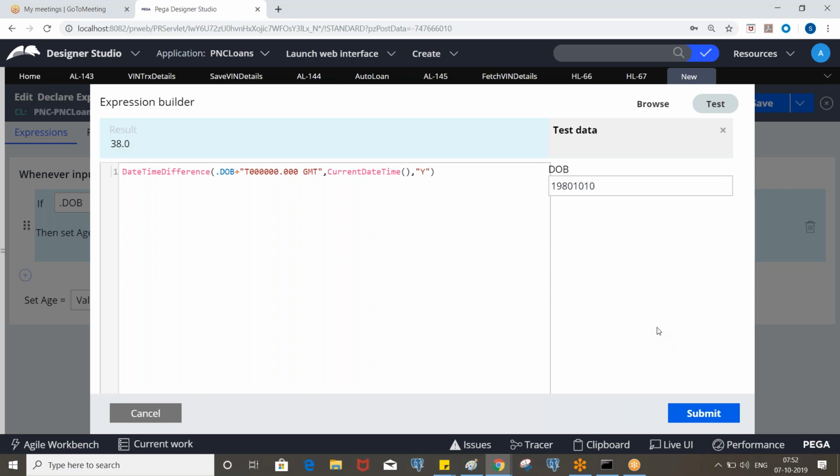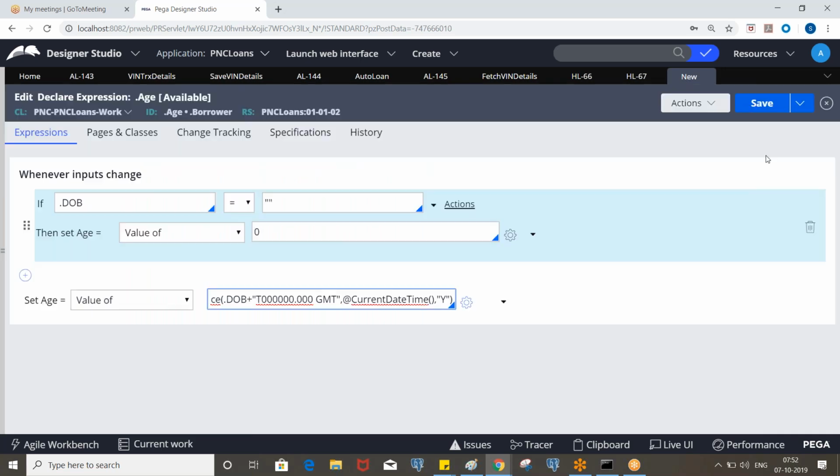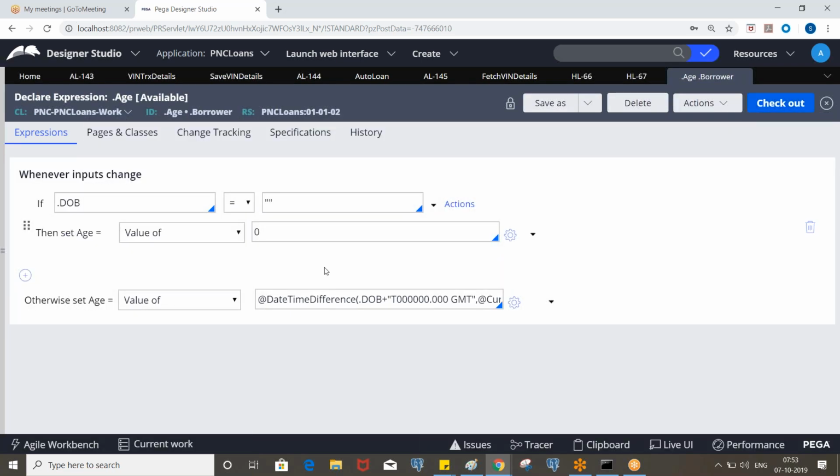Okay, and also we use the current date stamp function in the work object suffix. Okay, by looking at the work object, you will be able to find when it is created. In some applications we use that. So along AL-145 the date when it is created. Okay, so you can show the work object ID in that way also. Clear? If DOB is null, age will be 0, otherwise this will be.